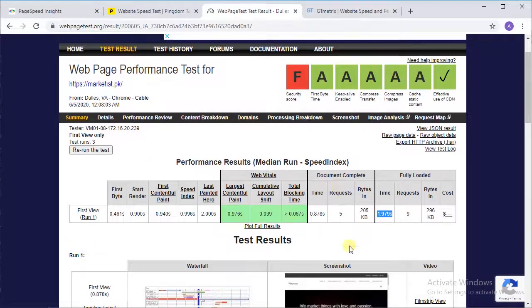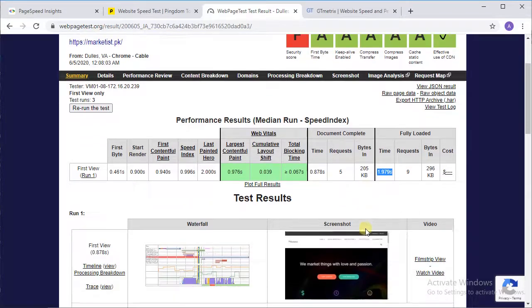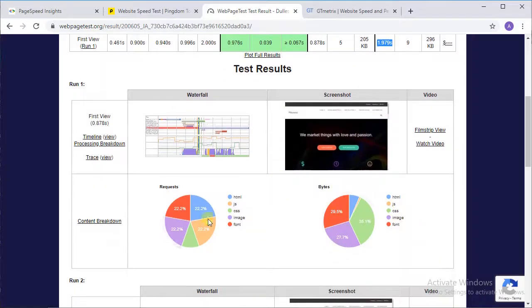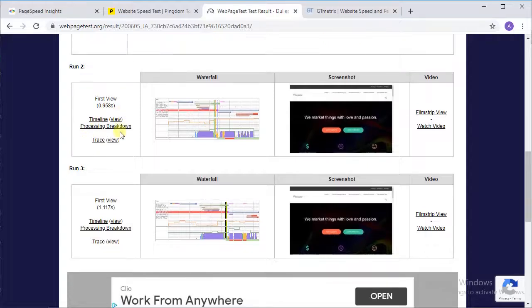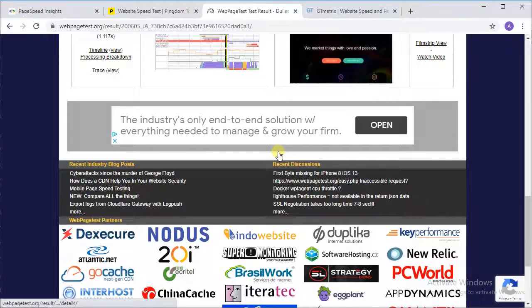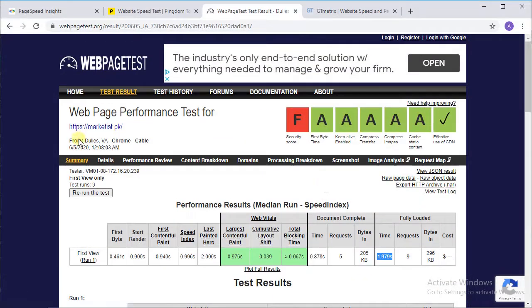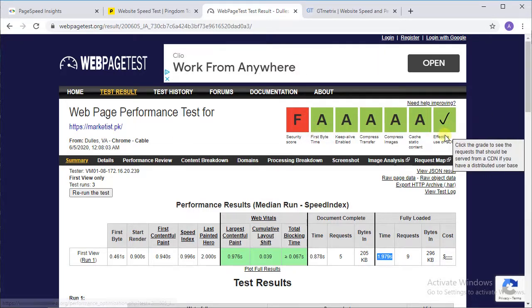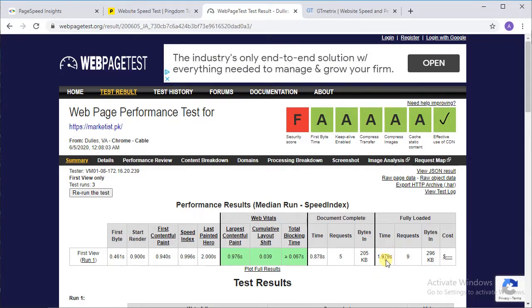Okay, so our focus on this page speed tool is to see how much time our website takes to load. There are other things as well, as you can see, first view 0.9, this is the first view and it takes 0.958 seconds, and this is the first view again at waterfall, and this is it. This is a good page speed, but do not worry about these things. All you have to do is check the page speed load time, like here you can see. So that's all on this tool.